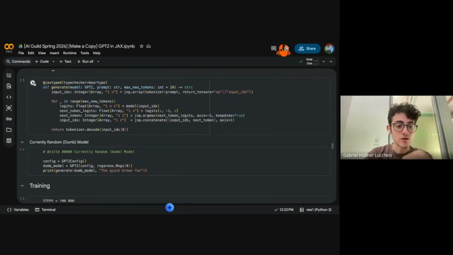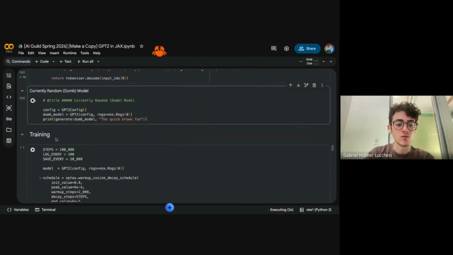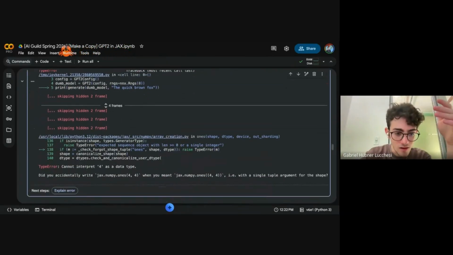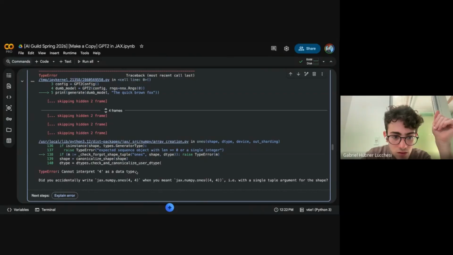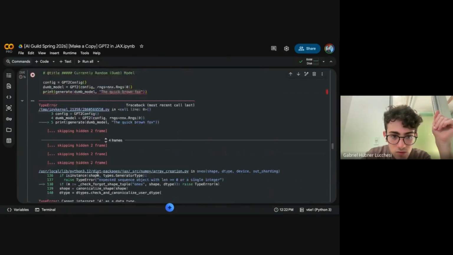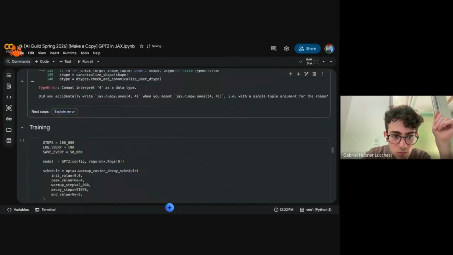Now we're going to actually generate a sentence with it, and hope to God this is working. I'm pretty sure it should be. So I'm just going to create a dumb model, and we're going to generate text with it. So I said the quick brown fox, and then it's supposed to return jumps over the lazy dog. Oh, let me see, tuple argument. Can't... class shape. I think I made a mistake somewhere here.